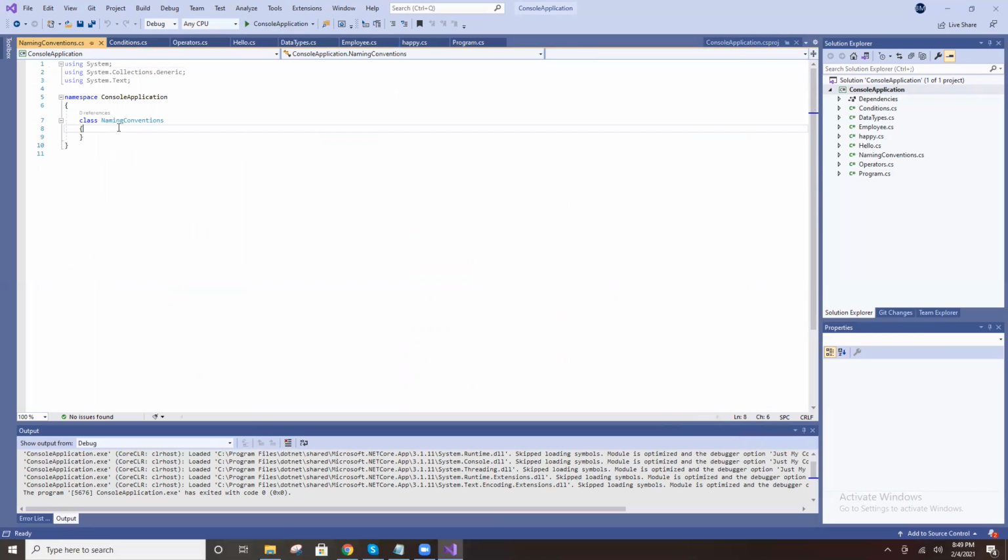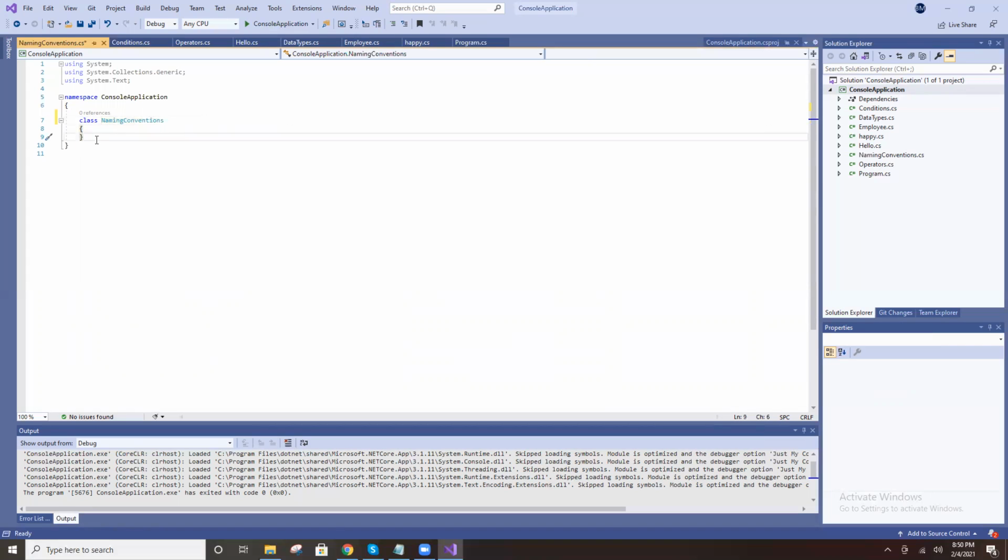See, you declare one class, right? Naming. Declare a class, like naming conventions. No error message, but this is wrong. Why? Class name should start with a capital letter only. Naming. And the next word, consecutive words, will also be in capital letter. Got it, right?